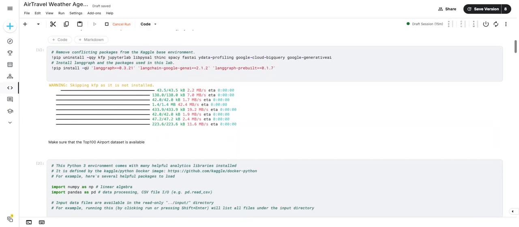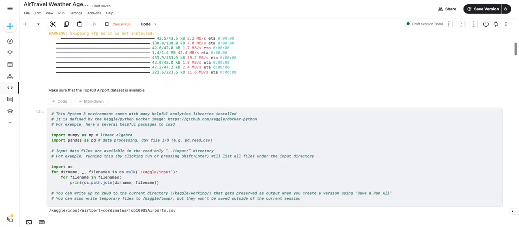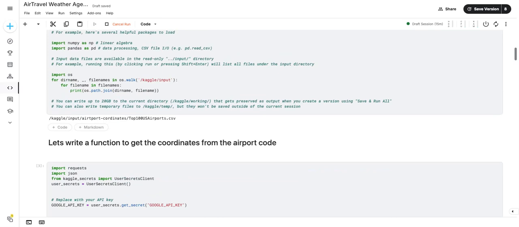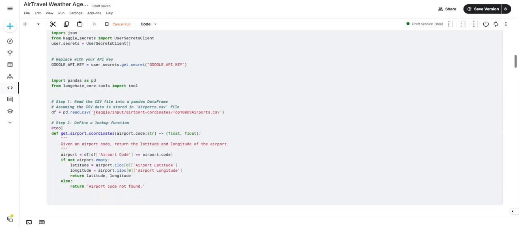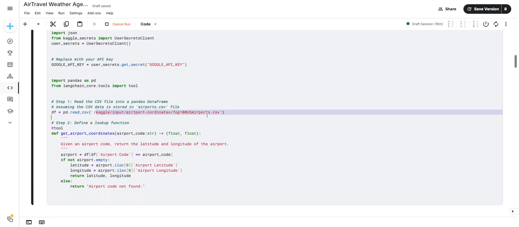So the first part, obviously, is just loading the Kaggle base environment and LangChain using Python here. One of the things that we have here, obviously, is a Google API key, which we need in order to get the LLM models. We also loaded our own database here. So you see this file,